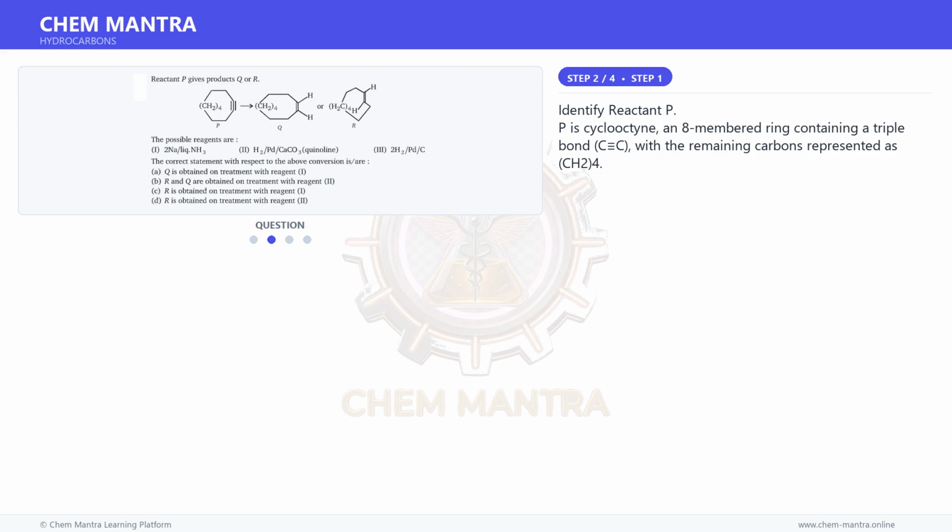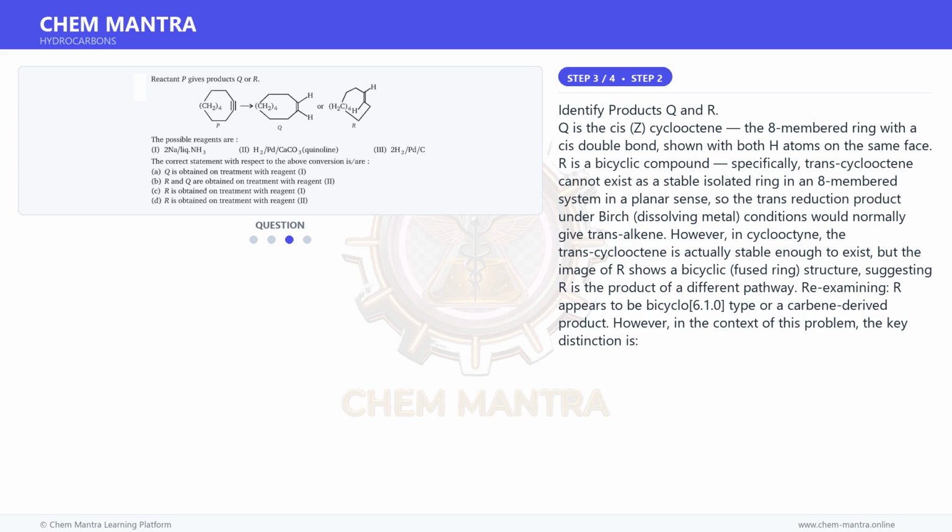Identify reactant P. P is cyclooctyne, an 8-membered ring containing a triple bond, C≡C, with the remaining carbons represented as (CH2)4. Moving on to the next step. Identify products Q and R. Q is the cis (Z) cyclooctene, the 8-membered ring with a cis double bond, shown with both H atoms on